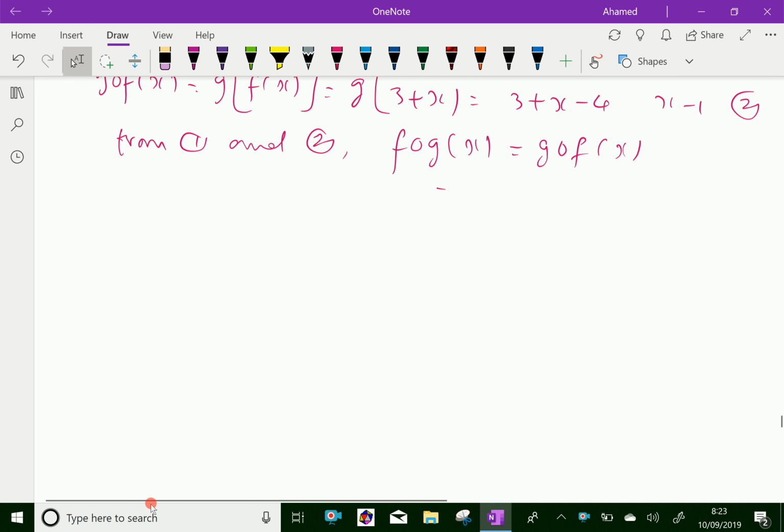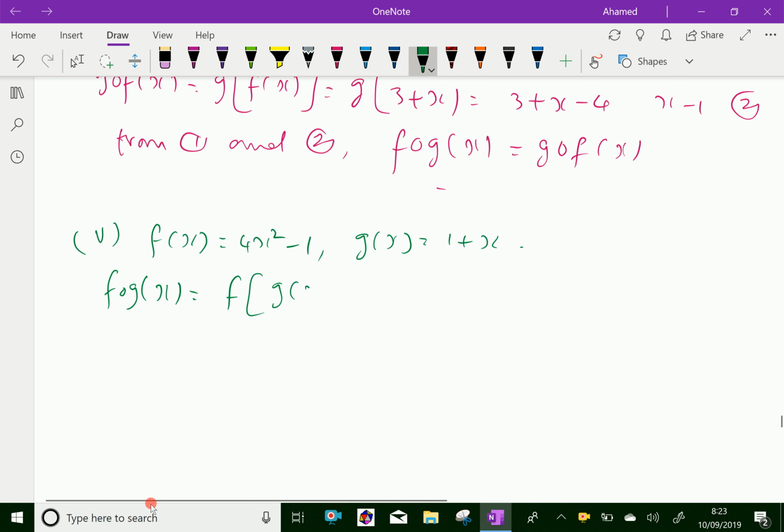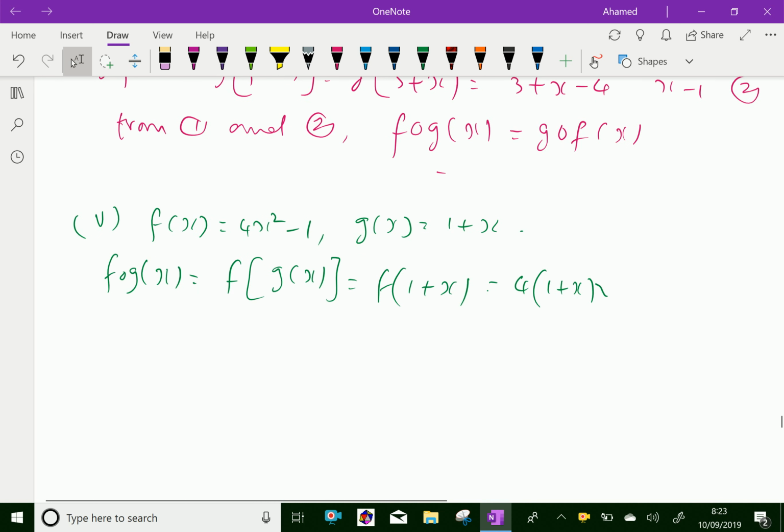Now question number 5. f of x equal to 4x squared minus 1 and g of x equal to 1 plus x. Now first fog is f of g of x. Now g of x is 1 plus x. Now substitute in f of x, that is 4x squared minus 1. So 4 into 1 plus x whole square, because x is 1 plus x, minus 1,